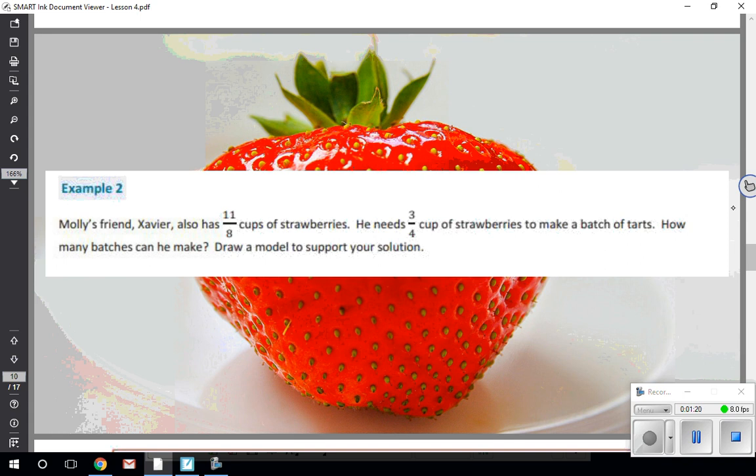Well, what we talked about in class is that right now, this is really going to be difficult to draw a model because we have 11/8, but then we're trying to find 3/4 of 11/8, and they're different size pieces. So a lot of the students said, hey, well, I can rename 3/4. 3/4 is equivalent to 6/8. If we just call 3/4 cup 6/8 cup by relabeling it, we can easily solve that problem, because now we have